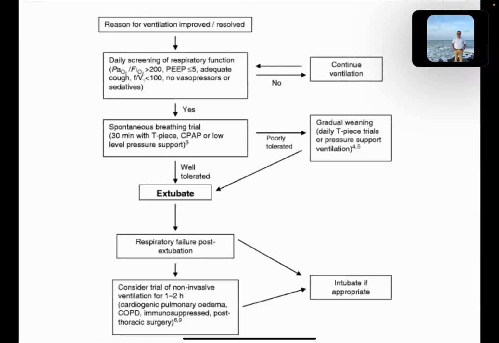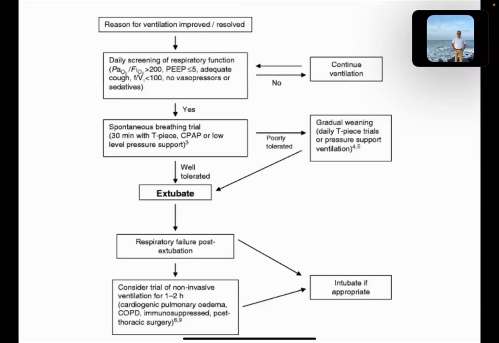And adequate cough, that can be assessed through any kind of swab stick. You just put it into the nasopharyngeal wall, or otherwise just move the tracheostomy tube. And the F by VT ratio, that is the RSBI index, less than 100, and the patient is not on any vasopressor or sedatives, so the patient has to be alert. If you assess all these things and see that the parameters are not suitable, then you have to continue